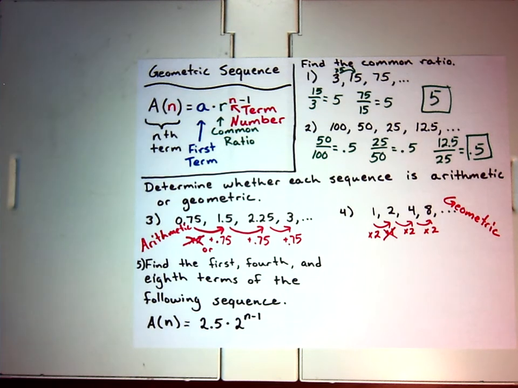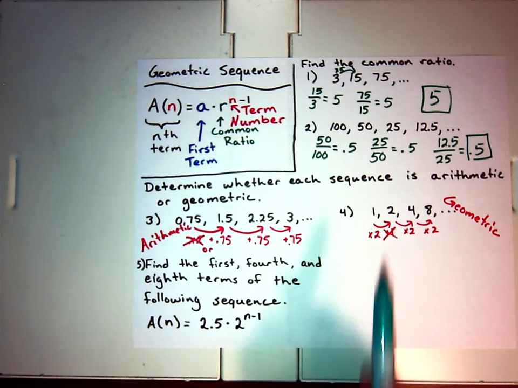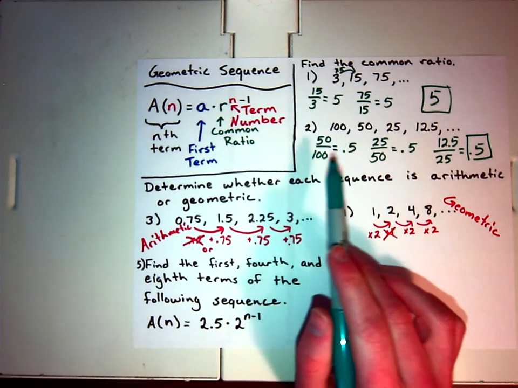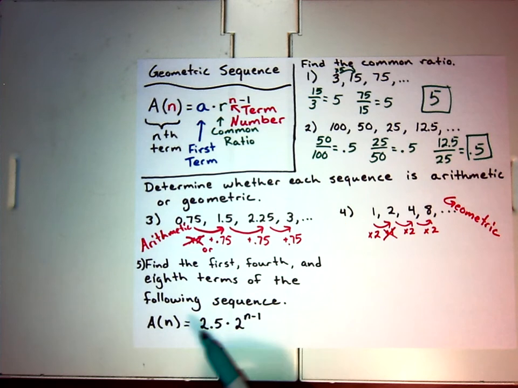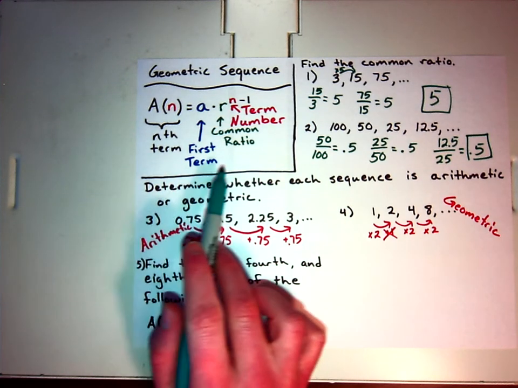For number 5, it says find the first, 4th, and 8th terms of the following sequence. Okay, so we have a sub n equals 2.5 times 2 to the n minus 1. So we have most of these things already set up. Sometimes they might just give you this sequence and then expect you to find these different things. Right? So you might need to set up your formula, but as long as you have your list, you say